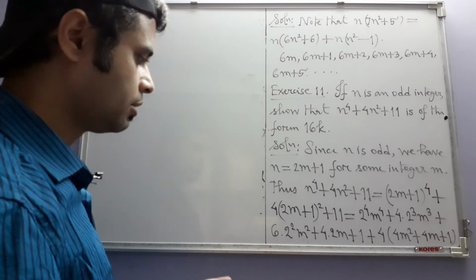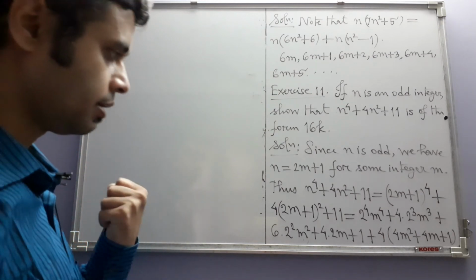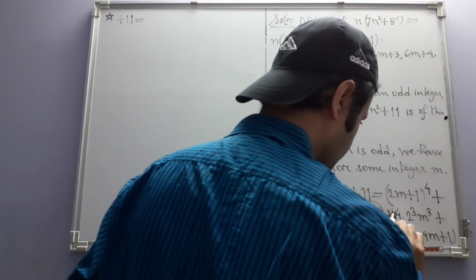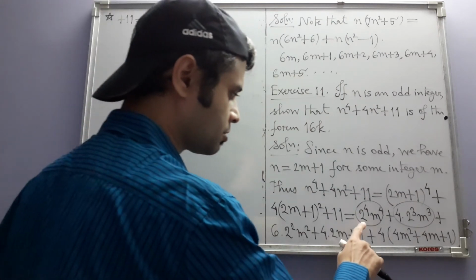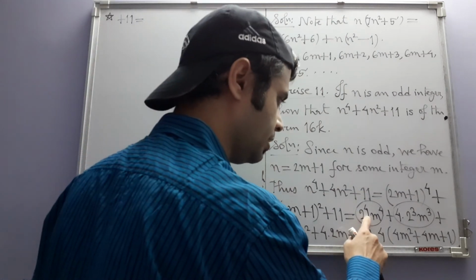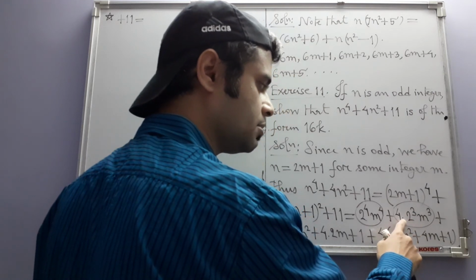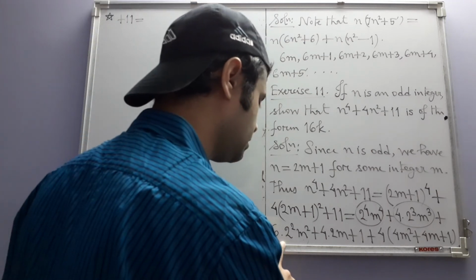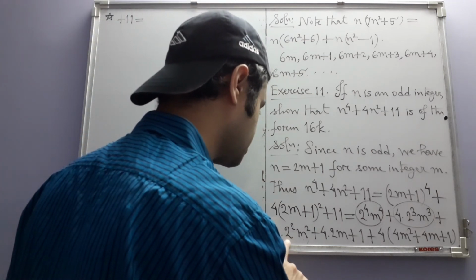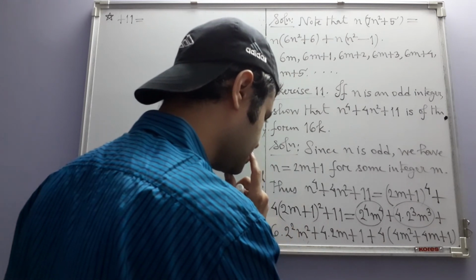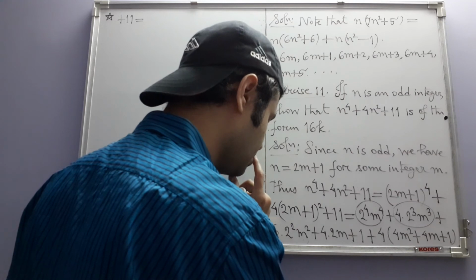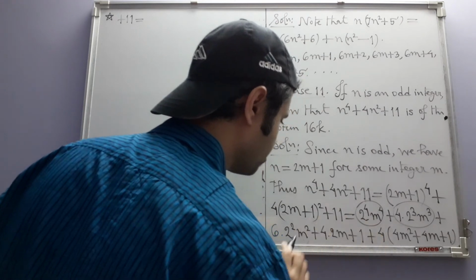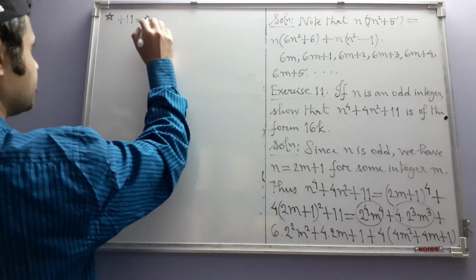Okay, now we try to take 16 outside. Can we do that? From these terms, of course we can take 16 outside because we just need 2 to the power 4 that we have here. Here also we have, due to the presence of this 4. Here also, do we have it here? What happened? 6 times 2 square times m cube. Oh, but we are going to have other m cubes also, so we can't take 2 to the power 4 outside yet. We have to